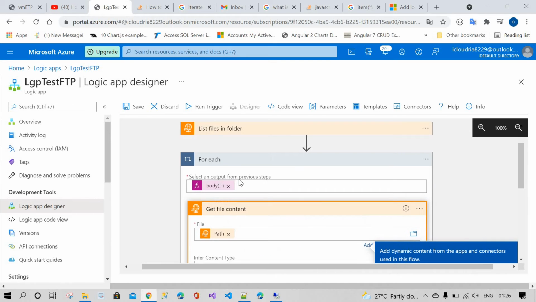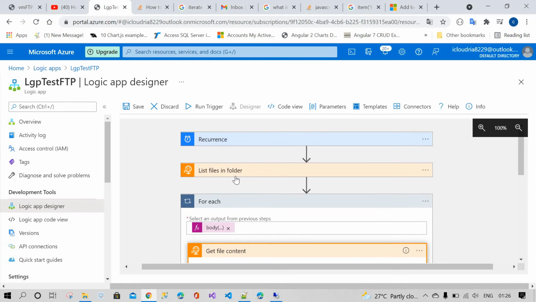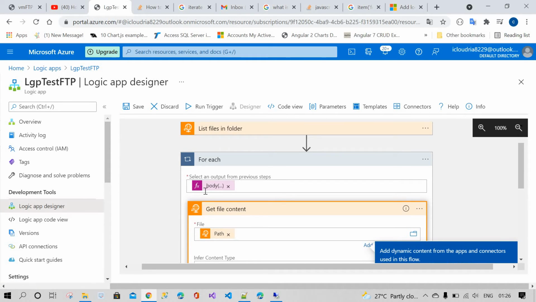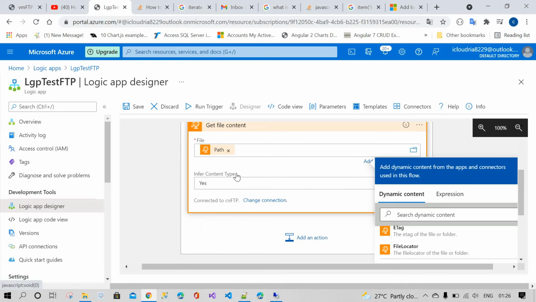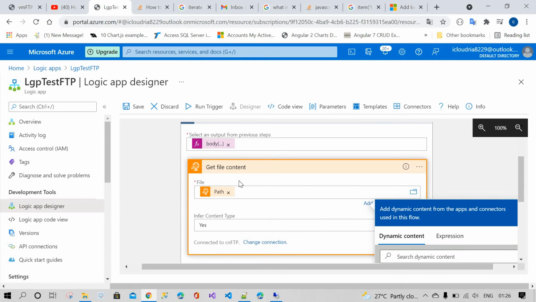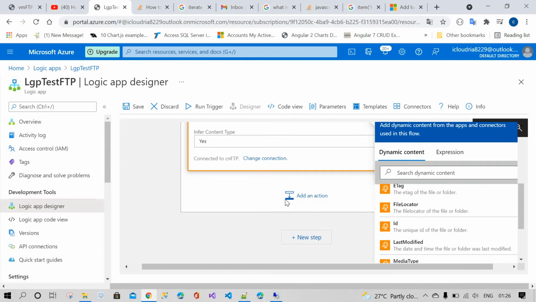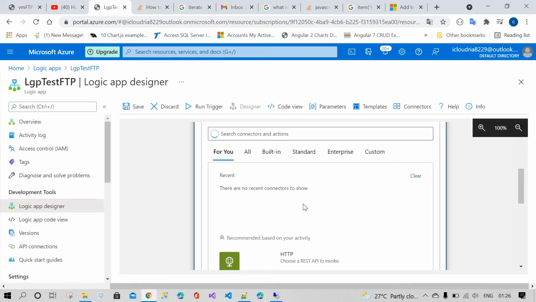First you need to select the folder, later you select the body of the list files in folder. Later you need to find the content inside the files, whether that is XML or anything, and select the file content.